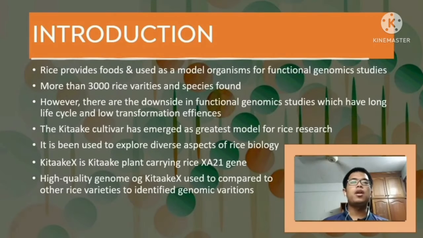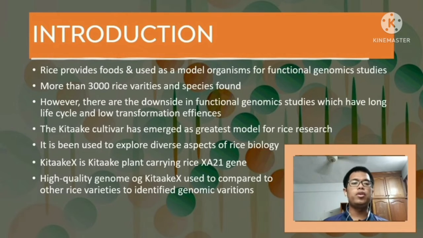As we all know, rice provides food for us humans and also other living things, and it is used as a model organism for functional genomic studies. More than 3,000 rice varieties and species have been found by researchers. However, there is a downside in functional genomic studies, which is that those rice varieties have a long life cycle and low transformation efficiency. So, the Kita-K cultivar has emerged as the greatest model for rice research because of its properties, such